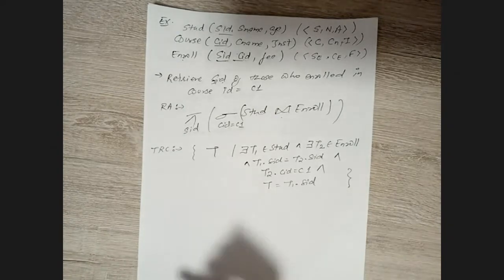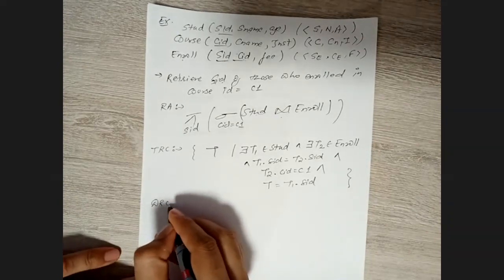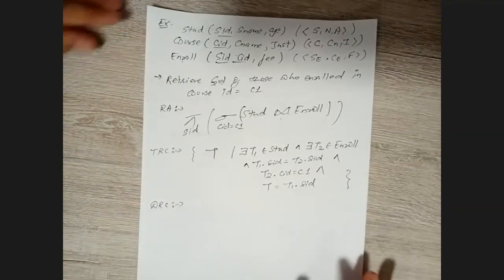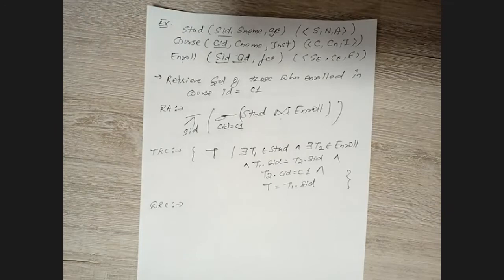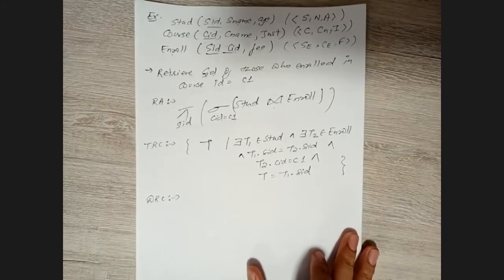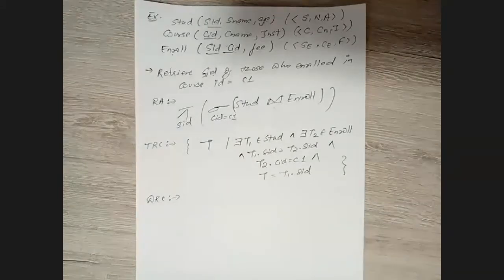So now write the DRC query for the same. DRC is again easy, right? It's not difficult if these things go in stepwise order. If you know relational algebra, and with a small amount of practice, you can easily write your TRC query, right? And again, at the same point of time, if you have sufficient practice for your TRC, DRC is very easy. You can easily frame it in the same way, right?